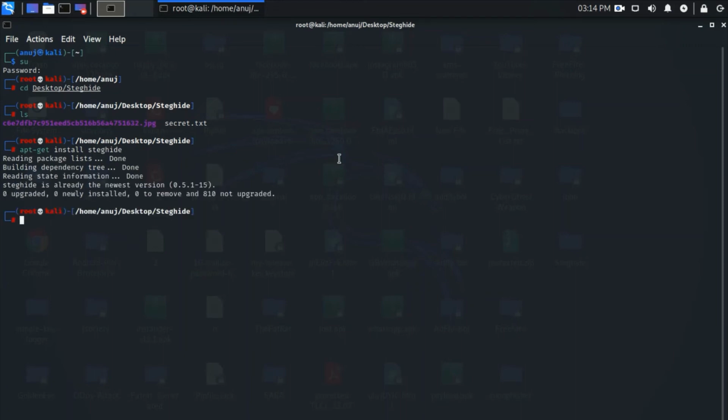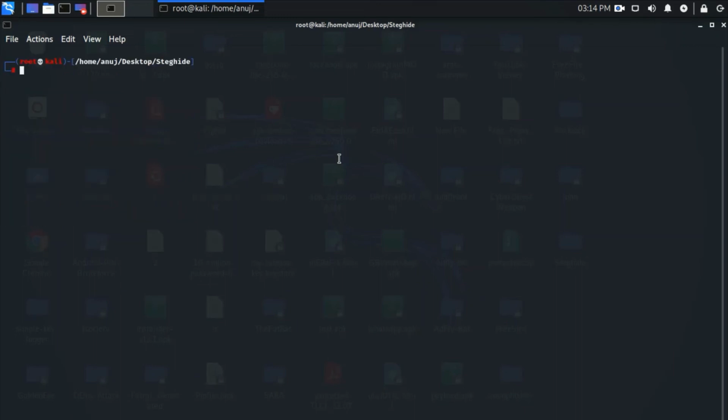So type apt-get install steghide. I have already installed it. So now type ls. Now here we need to type steghide